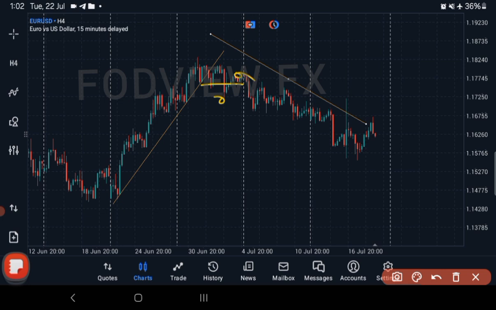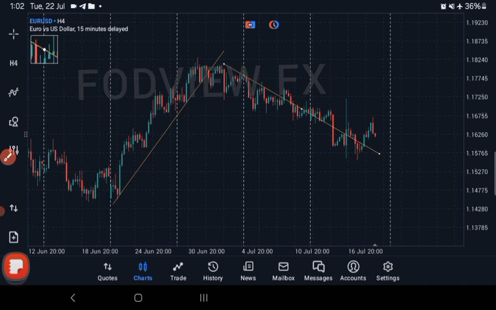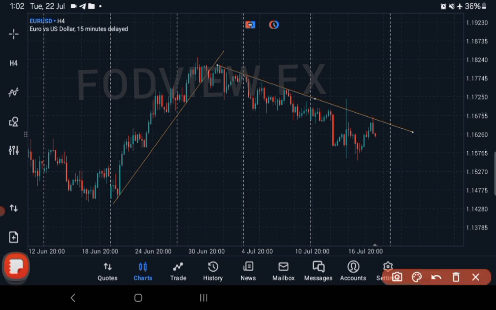If you have your trend line, place your trend line at this point, move it this way, connecting this with this,